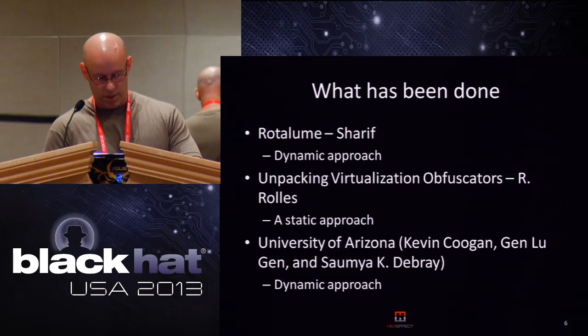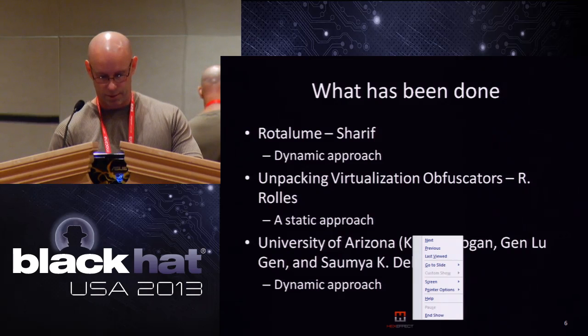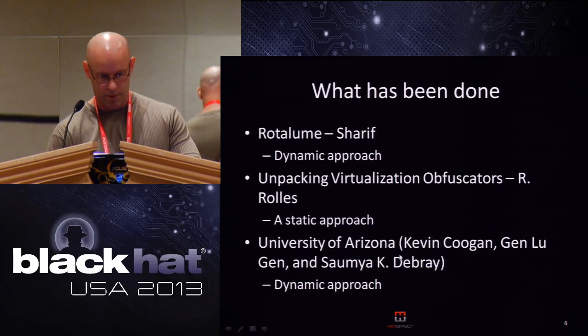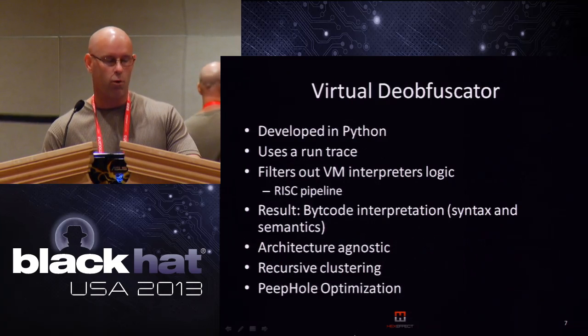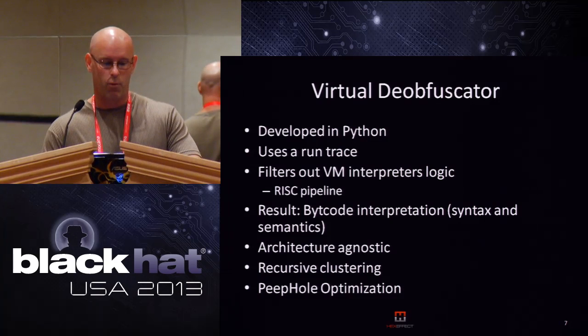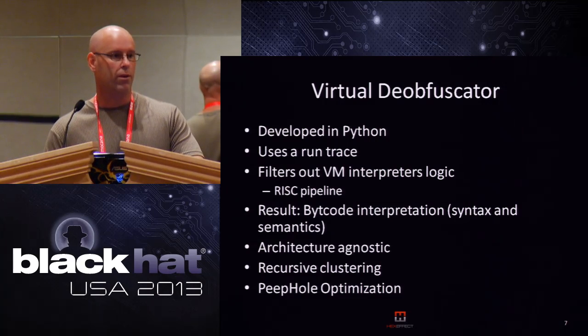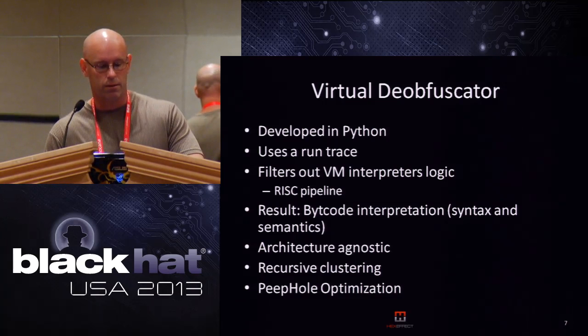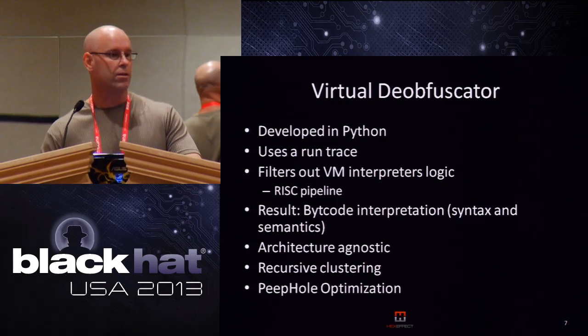But what I was trying to come up with was a solution that would have more automation and be complete. So I came up with this virtual deobfuscator. What it does is it uses a run trace from a debugger, obviously, and filters out the virtual machine interpretation, okay? What you're left with is the semantics and syntax of the original bytecode as it's been translated